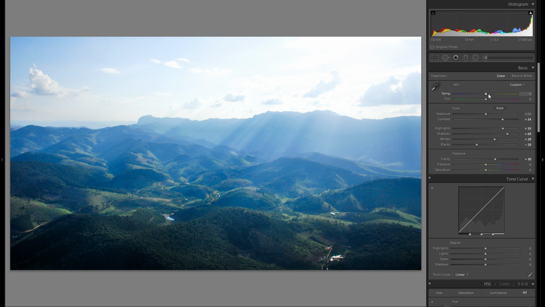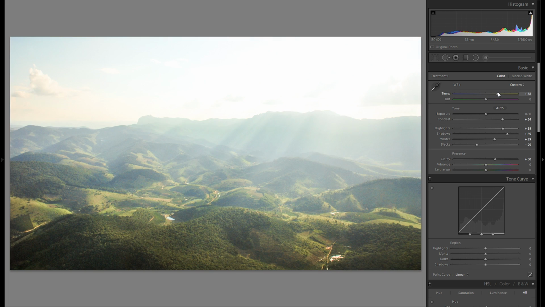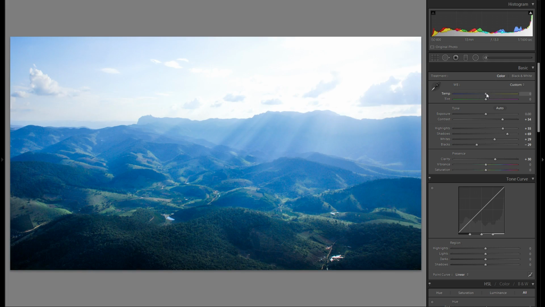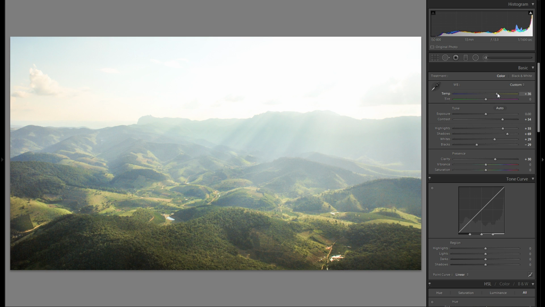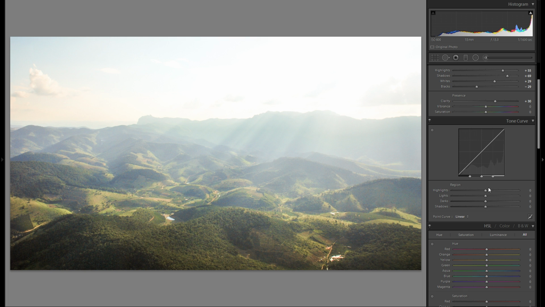And then one of the biggest adjustments that I wanted to do is color temperature, and I'm definitely gonna raise that by quite a bit. Now it's a very blue picture, but it doesn't look bad, but I really just want to amplify this kind of sunset mood and make everything warm and very artistic and very vibrant. Then the tint slider, I'm just gonna adjust that to make sure we don't have any color cast. Maybe just a little bit plus into the pink area, and I am going to go down to the tonal